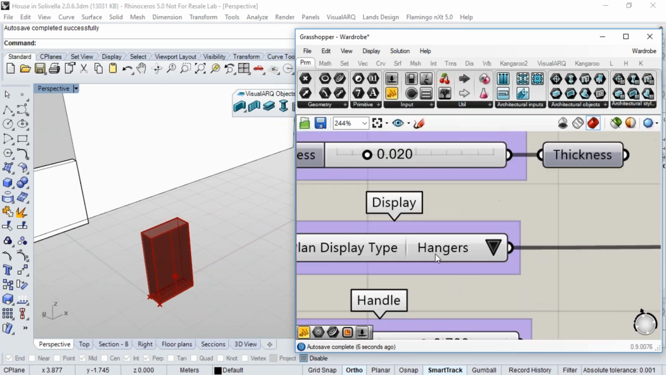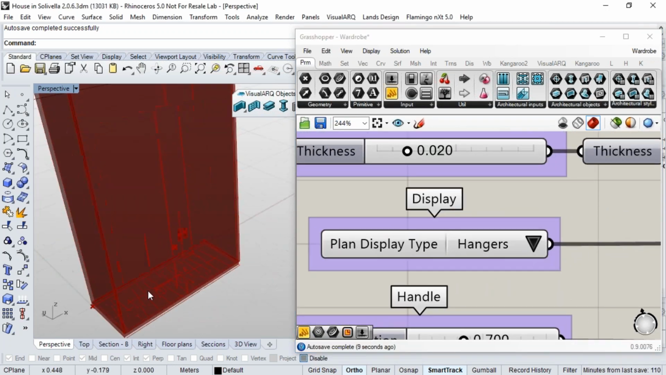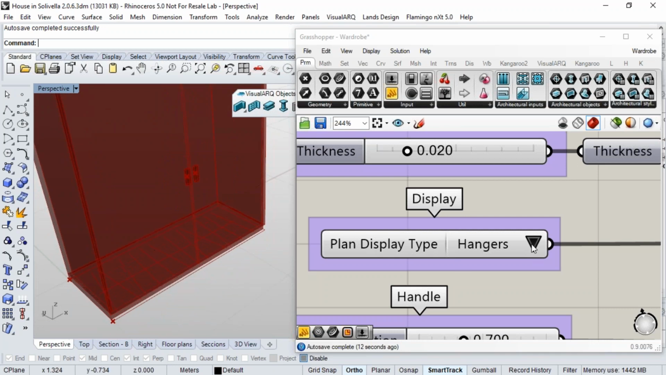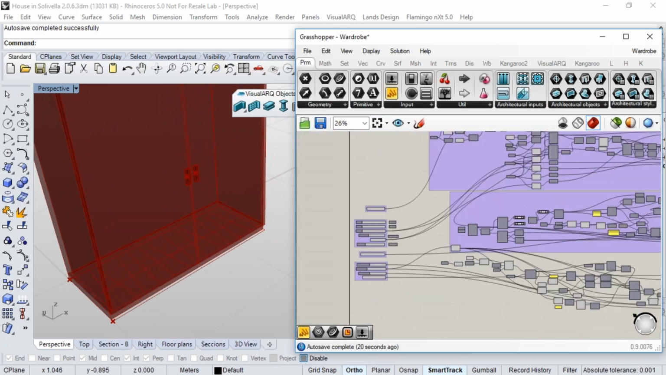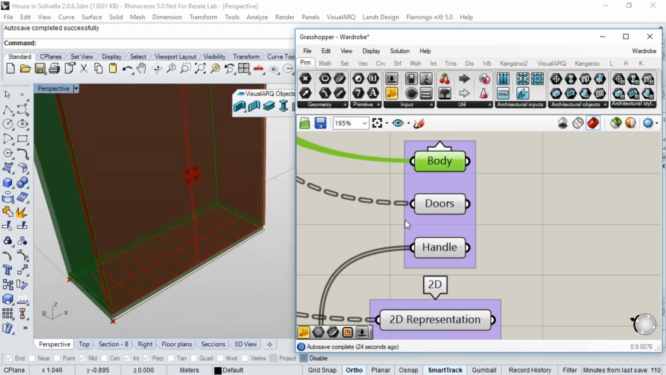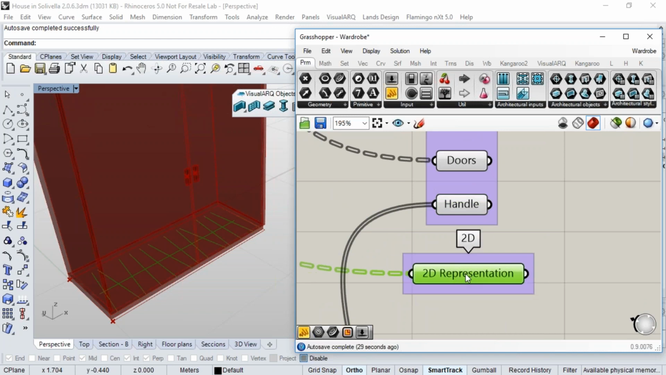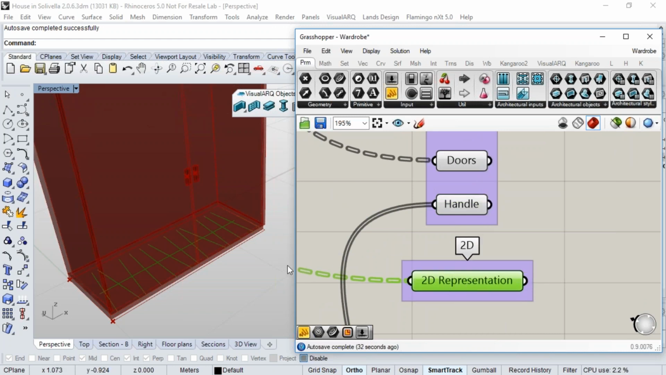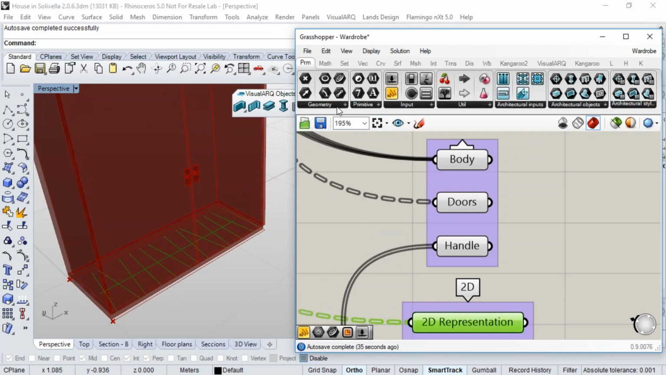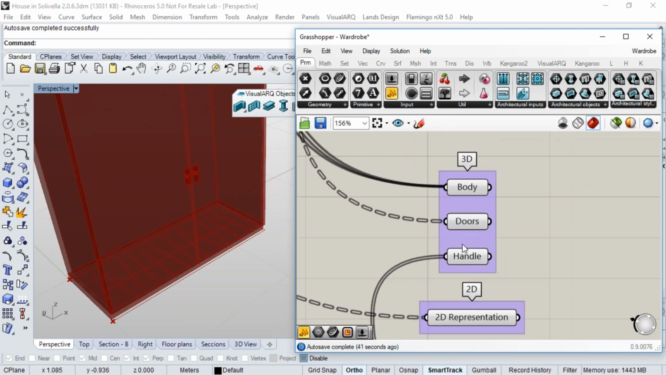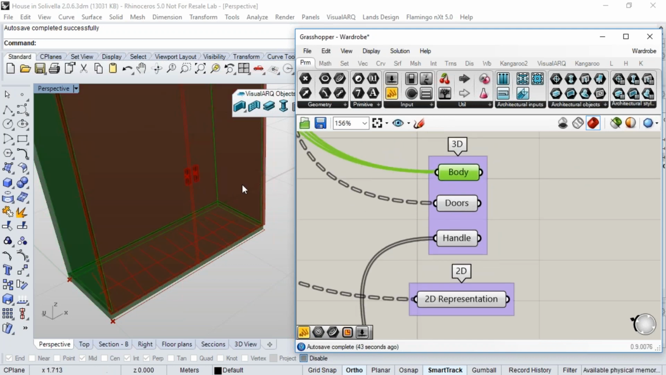Also, we have here a list that we can use to switch the 2D representation of this object between 3 different options. Okay, and at the end, the important thing is that we have one geometry for the body, another for the doors, another for the handles, and also a 2D parameter for the 2D geometry. Remember that all these components are geometry params. Okay, and since they have no ends, VisualARQ will recognize them as ending parameters to use as different components. Okay, we save this,